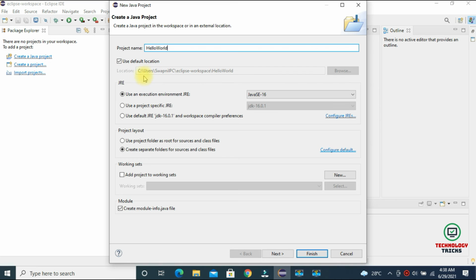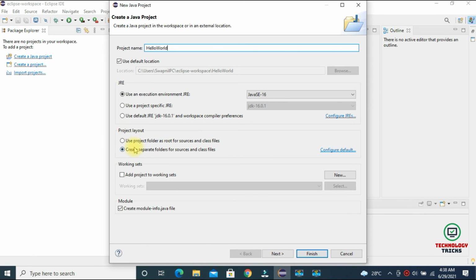Okay, so my location would be the default one, it's C user. Now it's the JRE, Java Runtime Environment. In my case it's Java SE 16. That depends on your IDE version, meaning your Eclipse version.